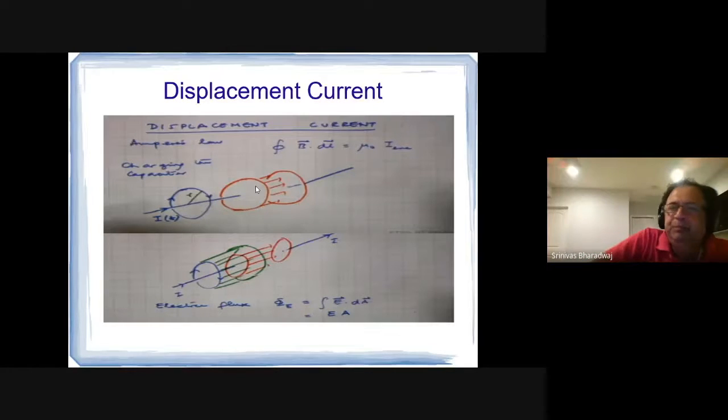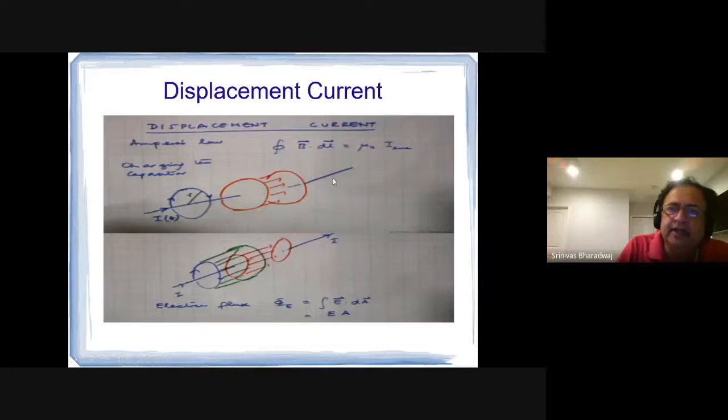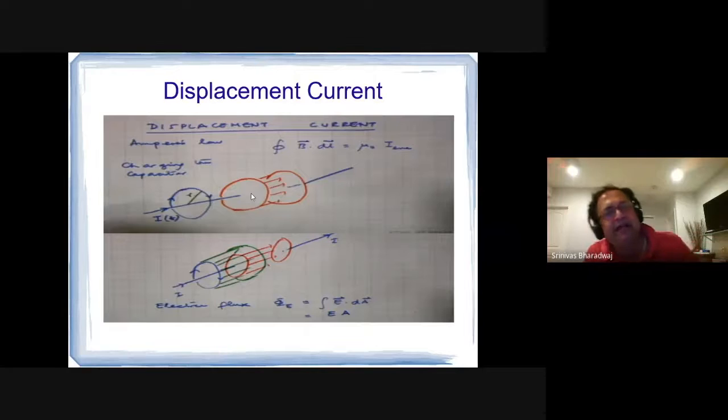Now, instead of B, they brought in this term called H. And this H also includes the second term: B dot dl equals mu naught I plus mu naught epsilon naught d phi E by dt. This is to take into account the displacement current, which is produced, say, in a dielectric medium, which is different from the conduction current.